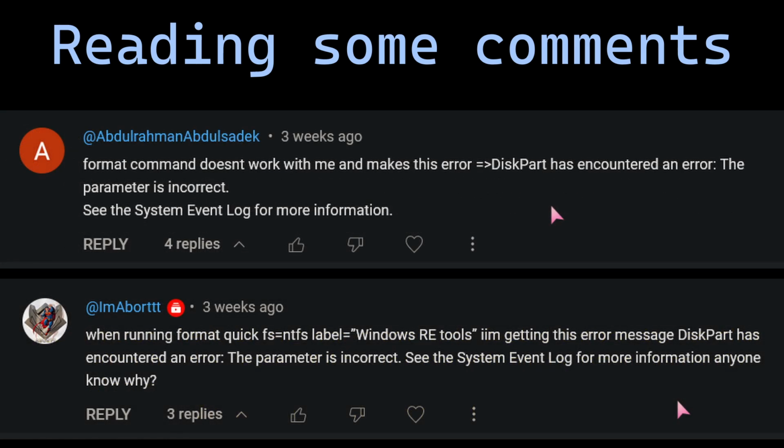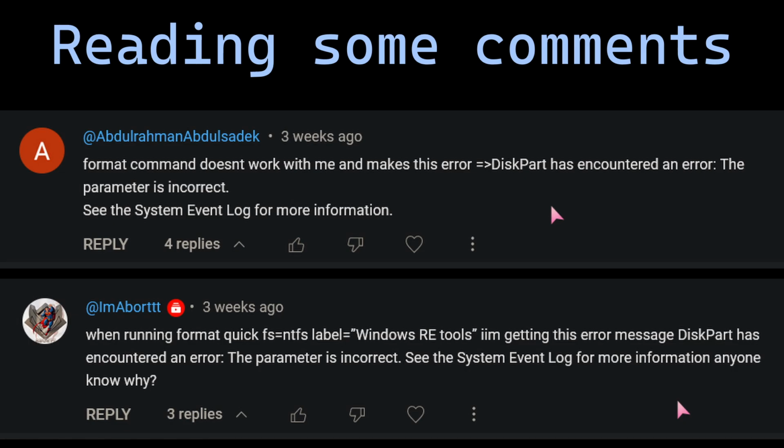So it seems a few people ran into this issue where diskpart would give an error when trying to format the partition, saying the parameter is incorrect. Now, I have actually not run into this problem, and I feel like this error is not specific whatsoever, which is kind of odd that it's not formatting. So I would maybe check, did the partition create? Because maybe it doesn't realize what you're formatting, maybe you have the wrong thing selected, maybe there's a typo somewhere, but